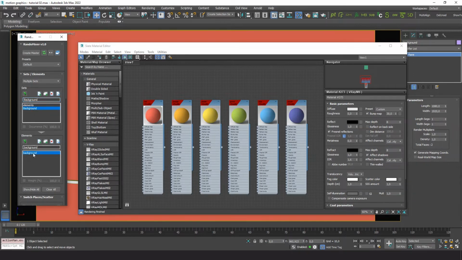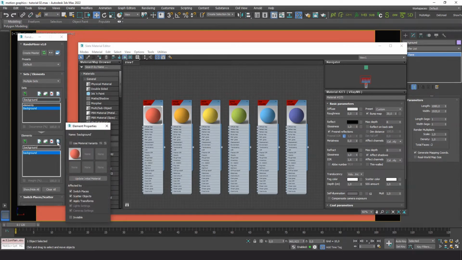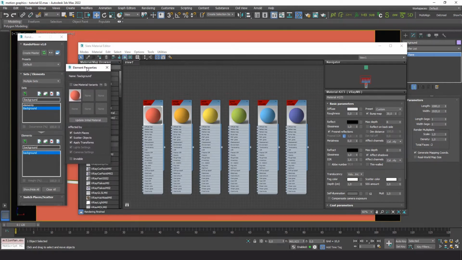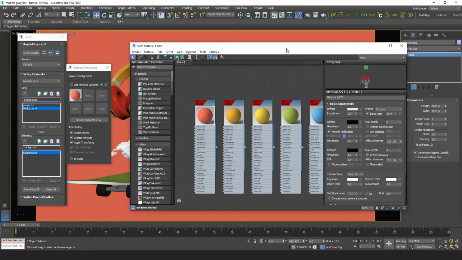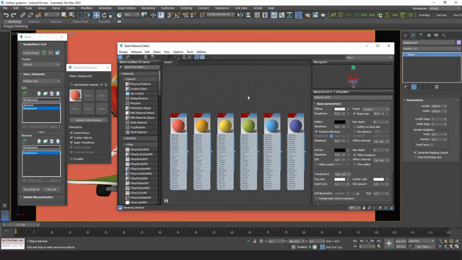Now we go to the background element on the list and open the Element Properties dialog. Let's activate Use Material Variants. Now we can go dragging each material to each of the slots.